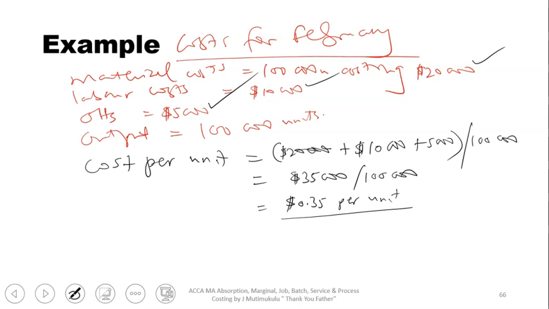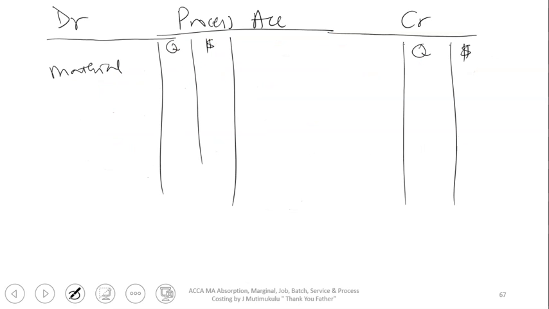The input was 100,000. Okay, so in this particular example, the inputs were 100,000 units, and the output were 100,000 units, which means the assumption is that there were no losses, there were no wastages throughout the process. All right, but you discover that there would be some leakages, some filtration, some evaporation, some wastage that might happen along the way. Okay, but in this particular example, such wastages are not there. So the units were 100,000, okay, which were costing 20,000.